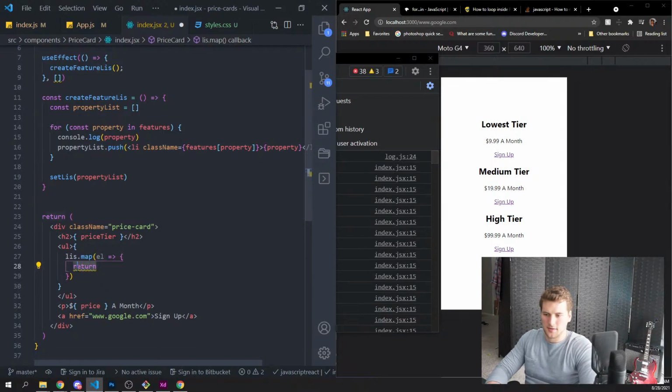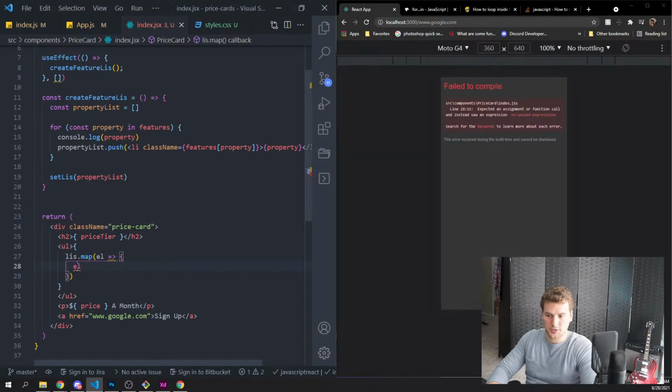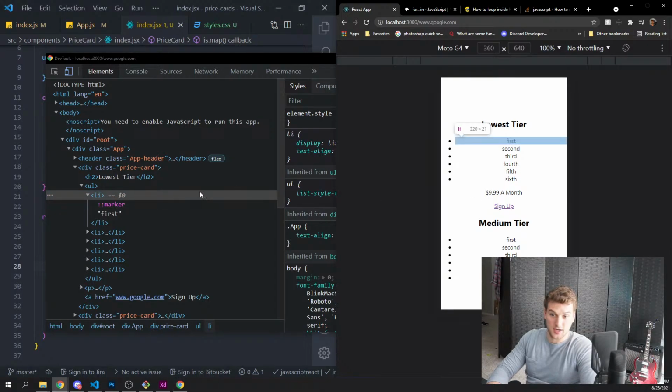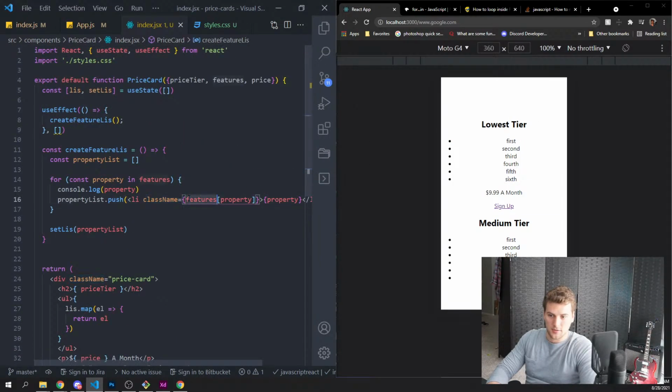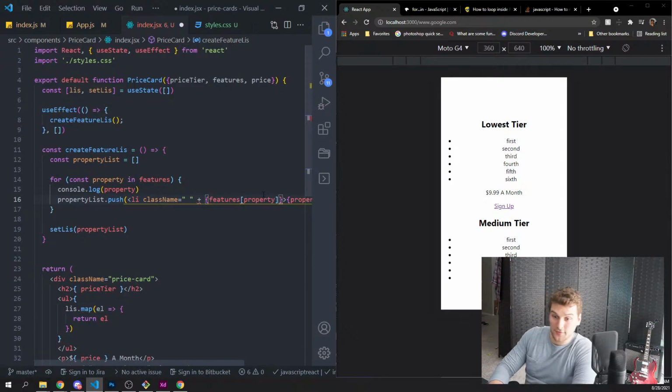And then here we need to remove that. And then this will just be L, right? And then that'll return L, no? Refresh. There we go. And then if we inspect those, they should have classes. They don't. Why do they not have classes? Right here, className equals... dude, what? Why did I forget all this stuff? Holy crap.